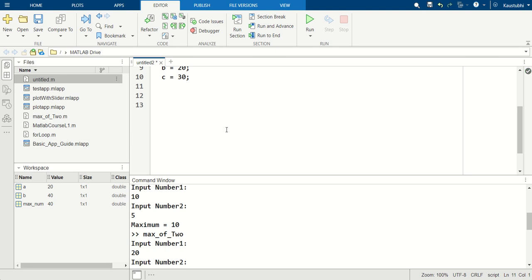Now we will use the if else statement to identify which number of these 3 is maximum. Okay. So if a is greater than b and let's say a is greater than c as well. Okay. Then what will happen? We can write down that my maximum number is a, because a is greater than b and a is greater than c as well. So fprintf